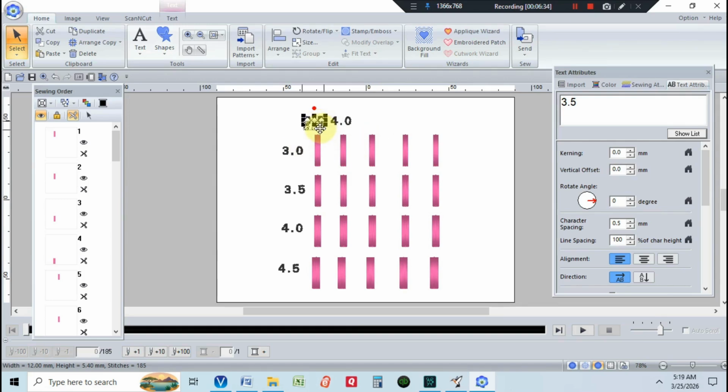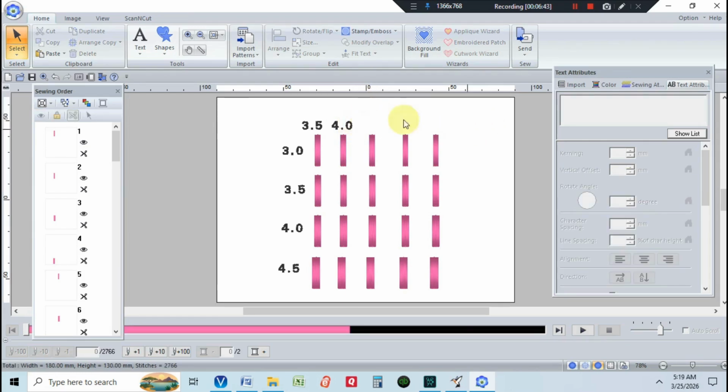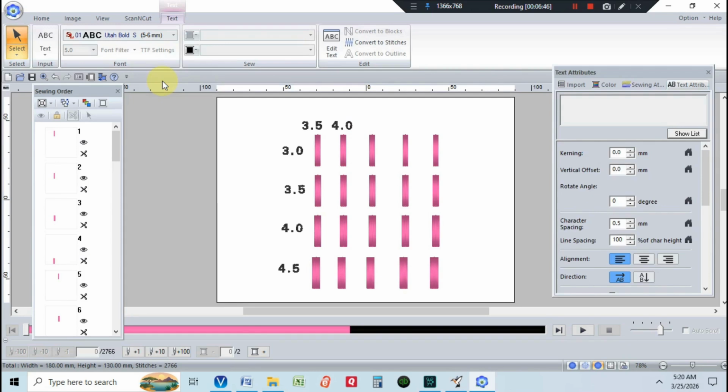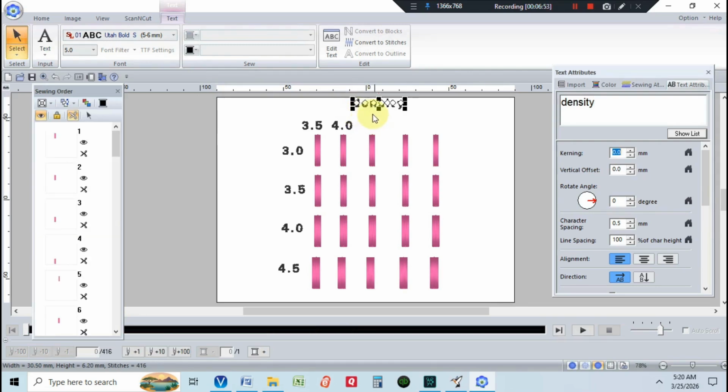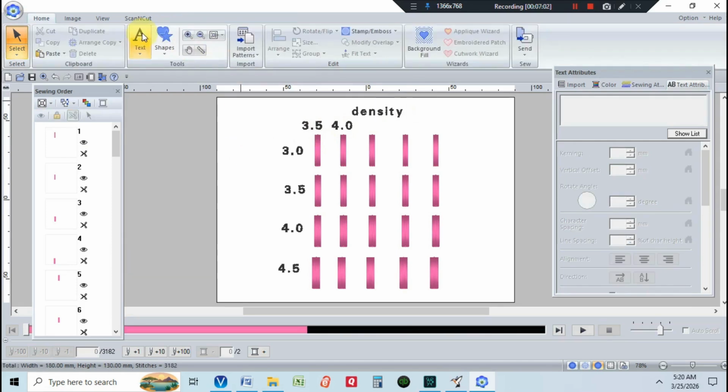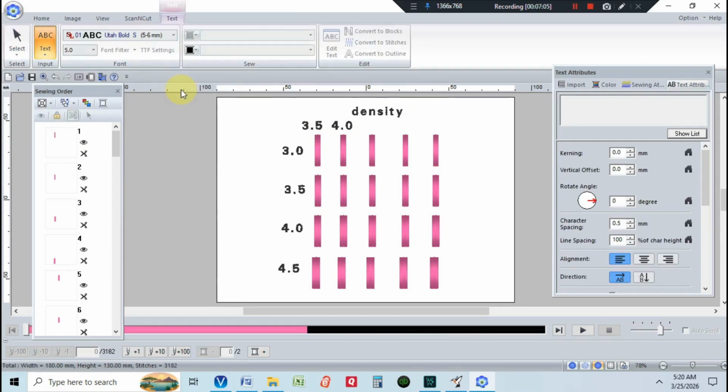I'm not going to waste your time sitting here and adjusting and making everything look just right. You get the idea. And then you would go ahead and label each one across, and then you would probably want to put up at the top density, so you would know which chart you're dealing with when you have it at your desk. Just go ahead and move that down just a little bit, and then you can go ahead and do the same thing on the left hand side, and this time we will write satin width,